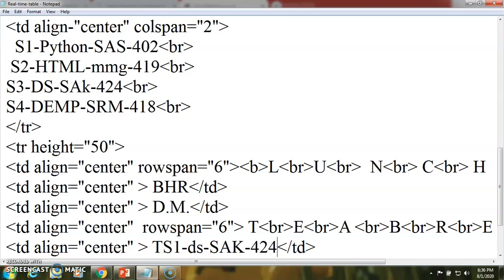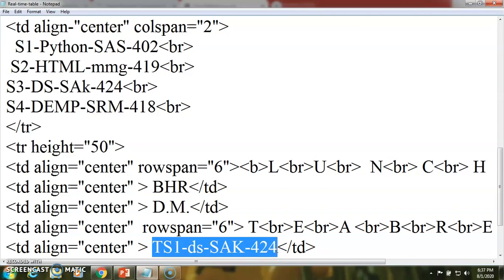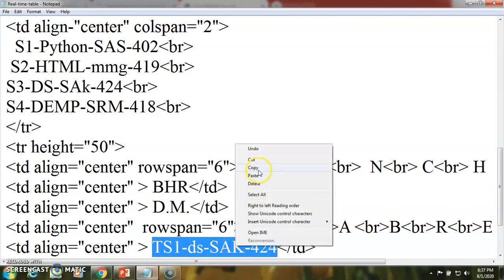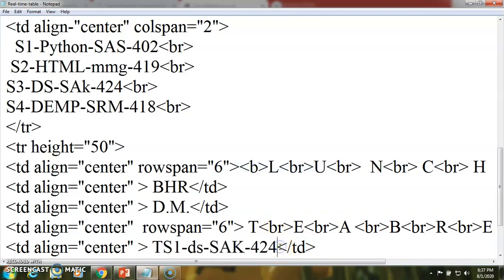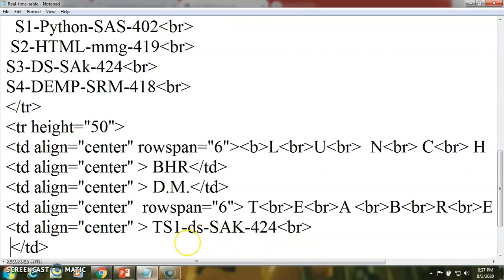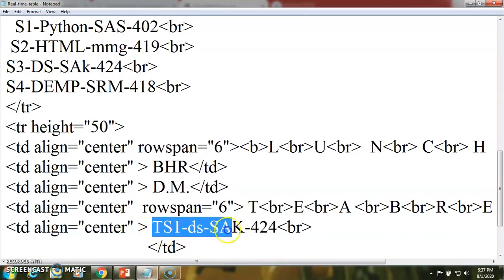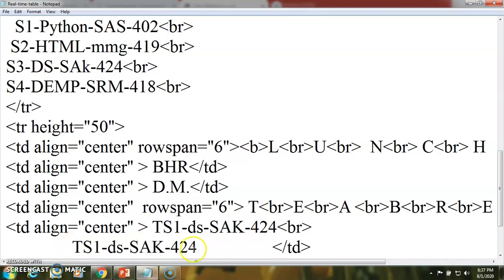For example this one. Here we have a number of other batches, adding a break. This is another batch for another subject.